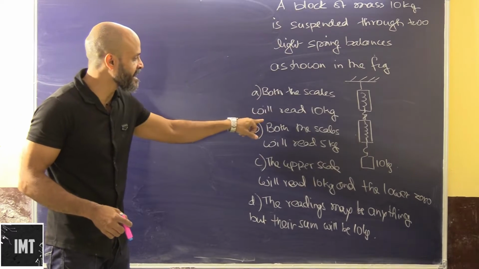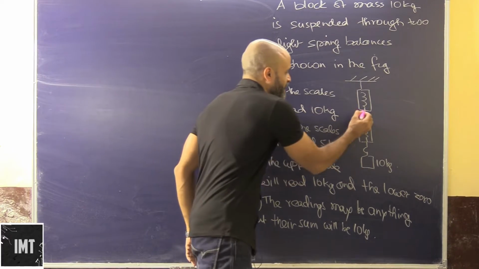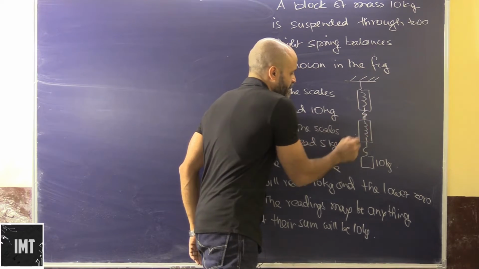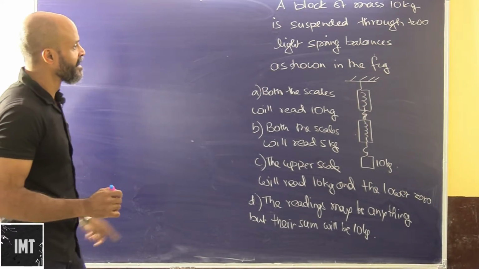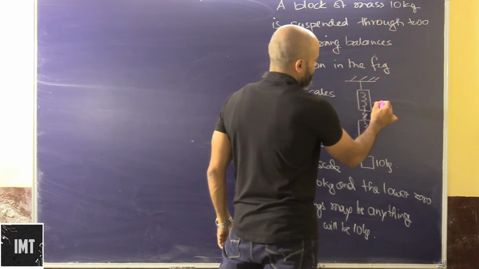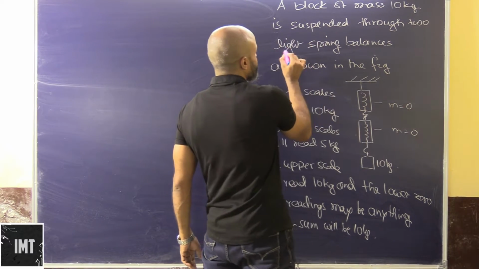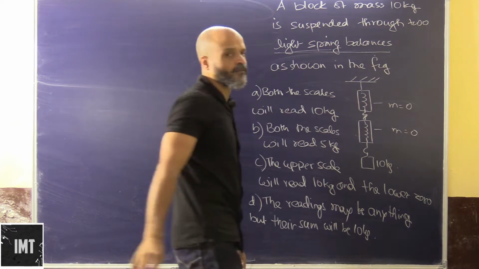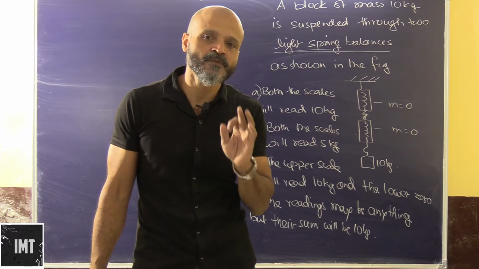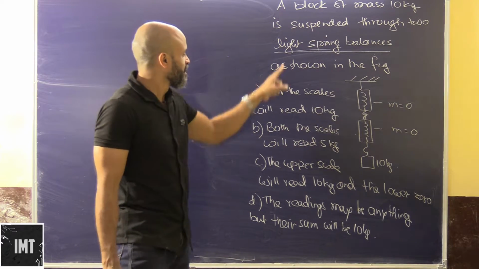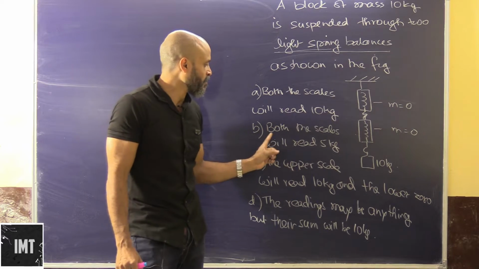So this is a mass of 10 kg. There is no string in between. This is basically a hook, and this is a hook, and this is also a hook. These are light spring balances. Basically we can assume that their masses are 0. Whenever in physics you get this kind of phrase, light, you can assume that its mass is 0. So the options here are: both the scales will read 10 kg,